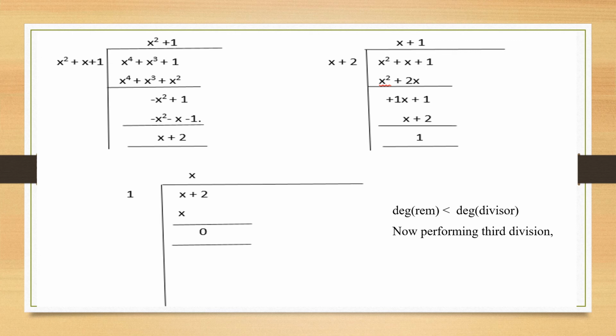Now what we do? The new dividend is x plus 2 and the new divisor is 1. So when I divide x over 1, I'll be getting x here. So take x and multiply to 1, I'm getting only x. Change the sign, cancel out x. Now you should bring this 2 down. But how come I had written 0? 2 is not allowed in Z2. Am I right? So in Z2, either 0 or 1 is allowed.